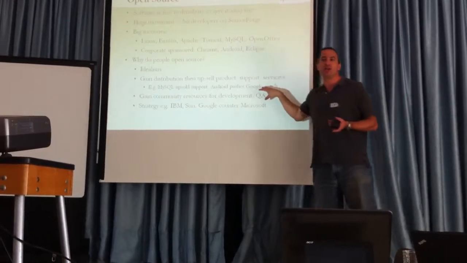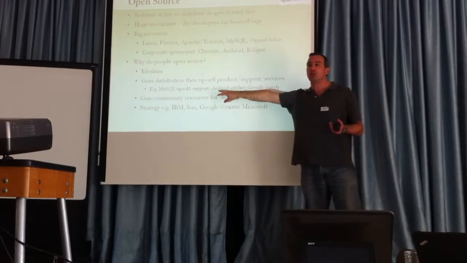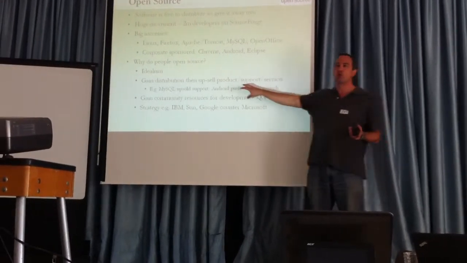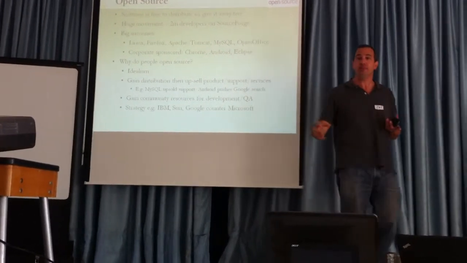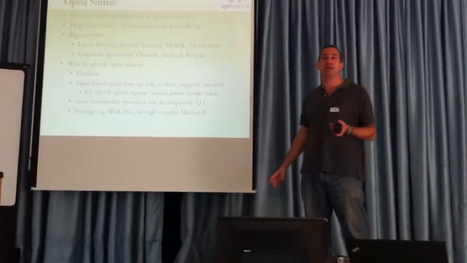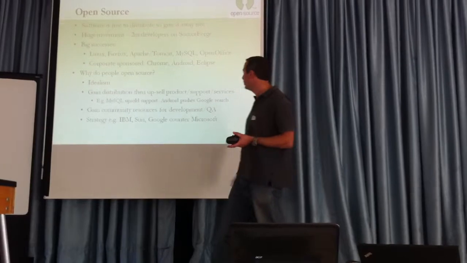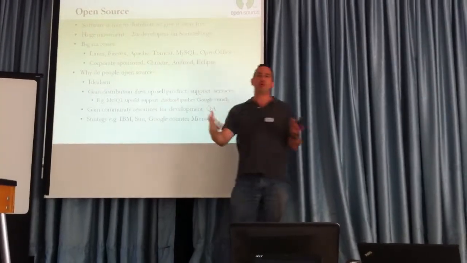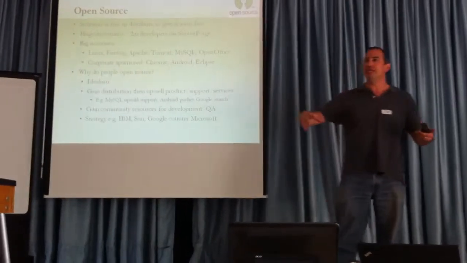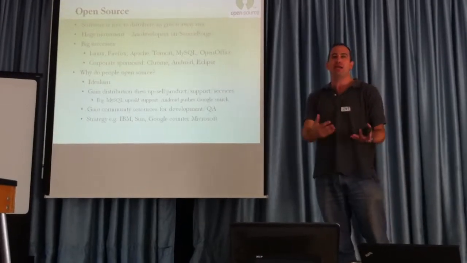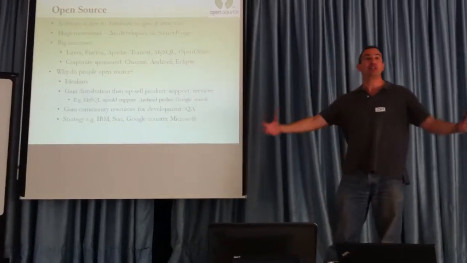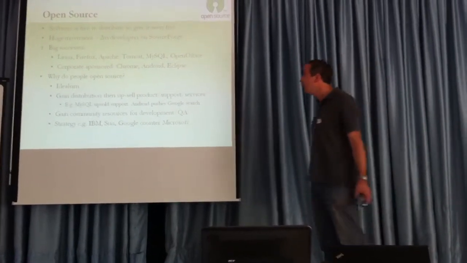Android pushes Google search. But Android is open source. So if a cell phone carrier wants to take Android and combine it with Bing, they can. And some carriers may do that. So that's the risk of open source. You lose control of the source code. Of course, when you make something open source, you may get the community contributing, at least contributing QA and feedback. Sometimes you may actually get developers contributing code.